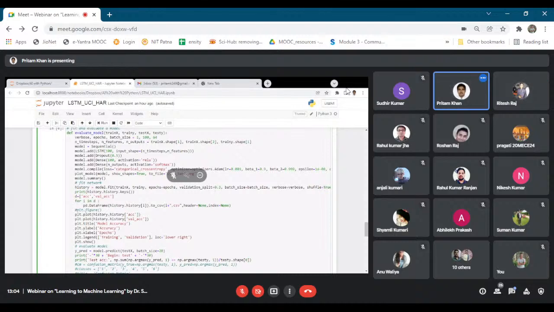Okay. So next, after we have put the models, we are compiling the model. Sir mentioned the mean squared error loss, I think you have noticed in his explanation. Here in LSTM, we are using a cross entropy loss. So categorical cross entropy. If there were 2 classes, we would have used binary cross entropy loss. Here we use categorical cross entropy because we have 6 classes, and the categorical cross entropy loss is given by